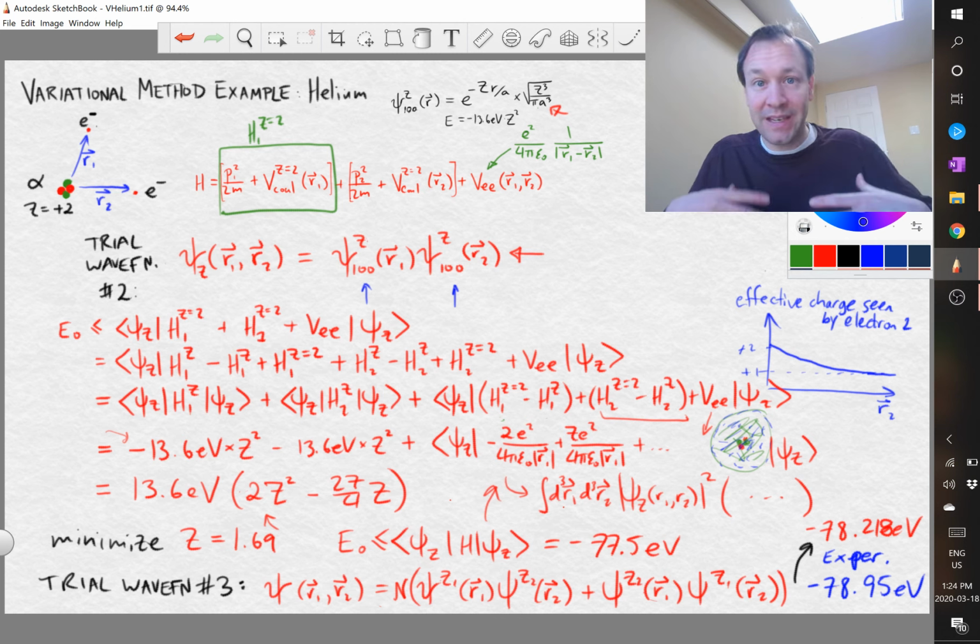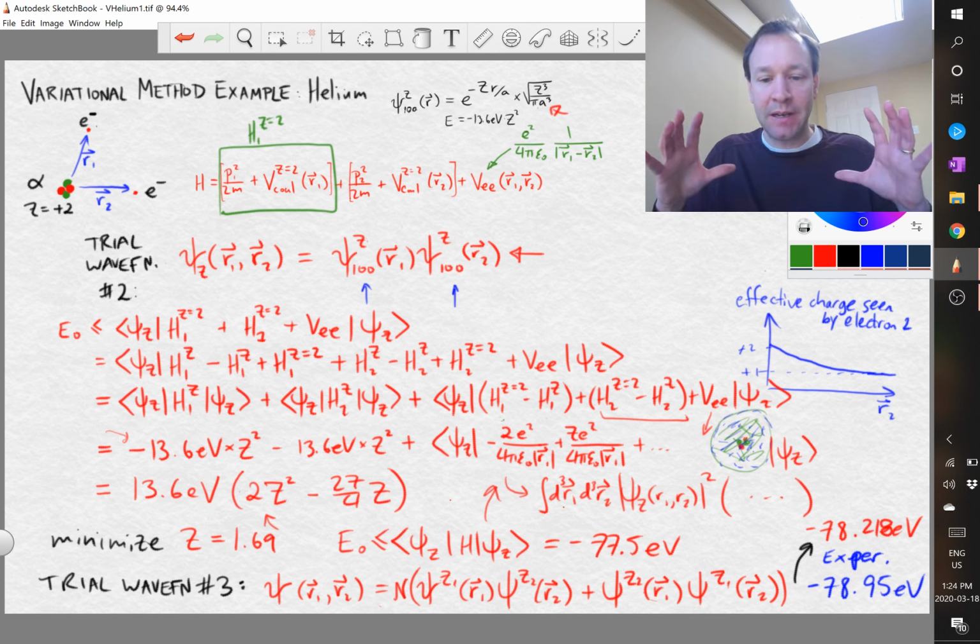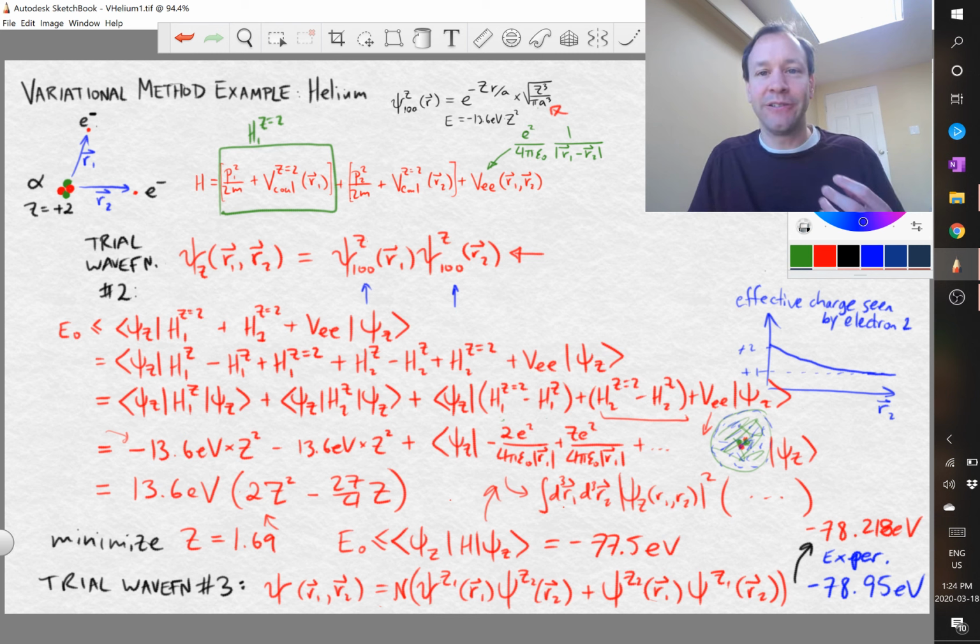If you want, it's possible to continue improving the variational method by including more and more parameters, and there are software programs used by chemists, especially, all the time, that do this numerically, so you don't have to sit there and analytically calculate integrals. And you can get, using these methods, very accurate answers for the energies of the ground state of various atoms and molecules. Okay,